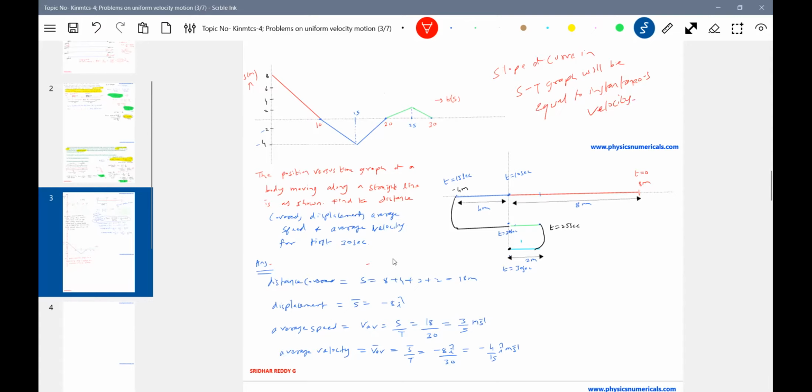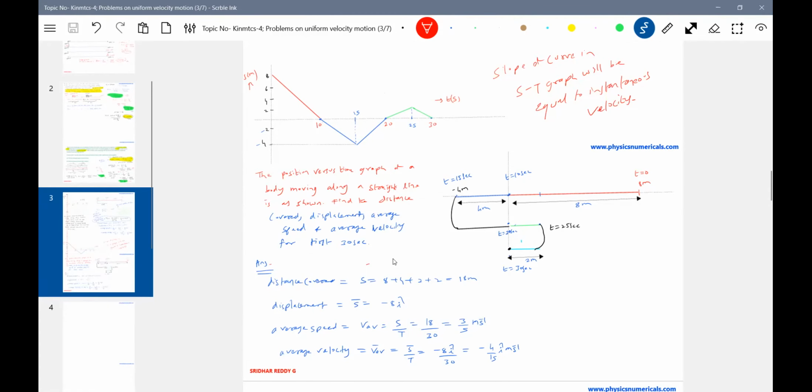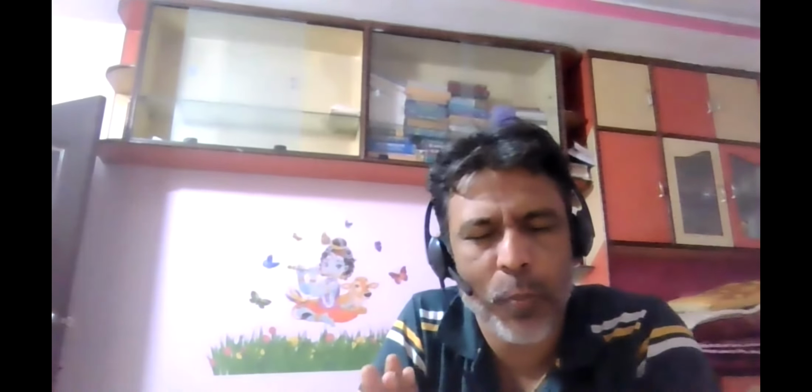Okay, these are things. Let me wind up the class. I think we had a very good discussion on uniform velocity. My dear kids, we had a good discussion on the numerical problems on uniform velocity motion. I took exclusively 2 classes, with around 20 numericals only on uniform velocity, which are very important, because once you learn what you mean by average speed, average velocity, instantaneous speed, it'll be very easy for you to go for the next topic.